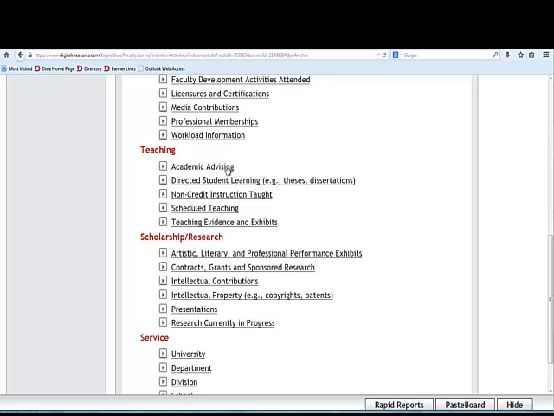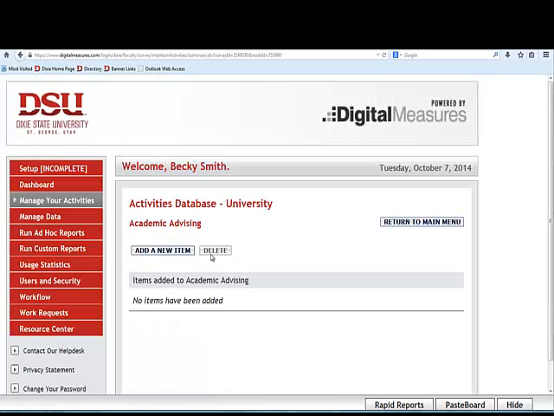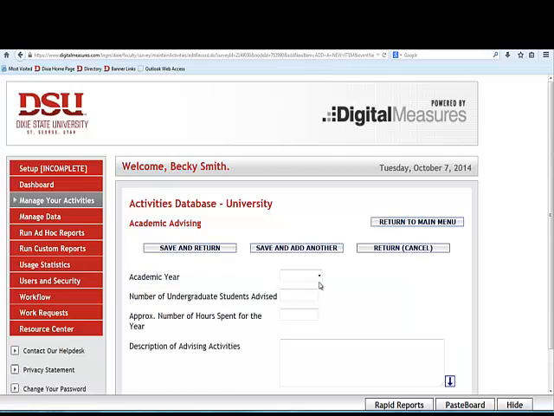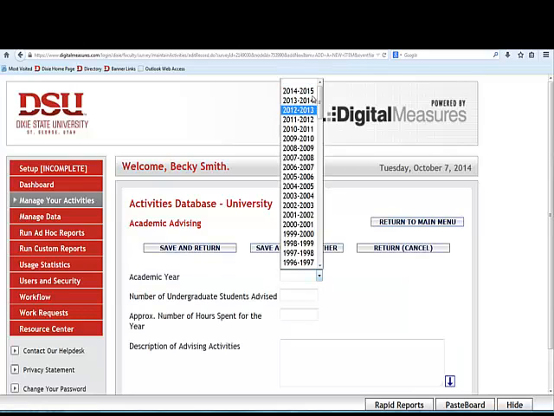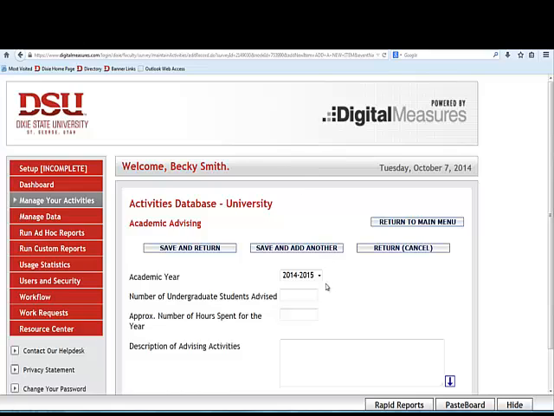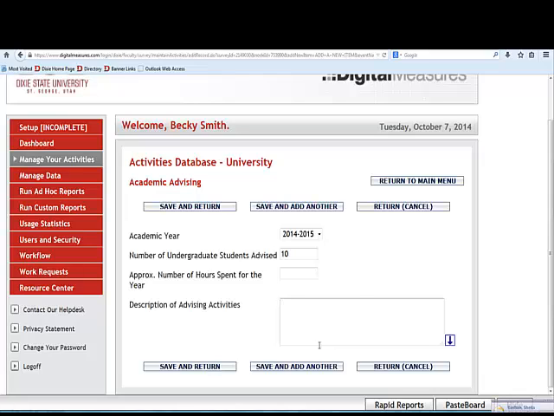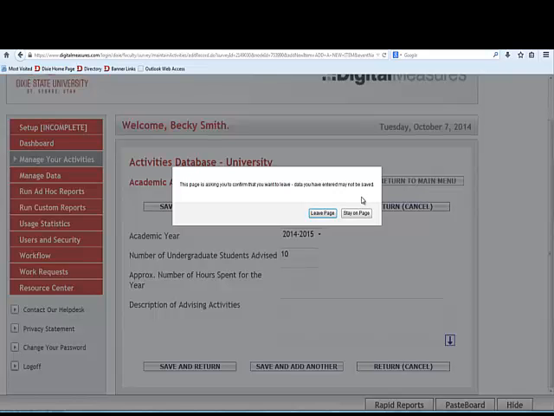Under academic advising, that probably is going to be very limited. Most of us do not have an assignment to do a certain number of students, but you could enter here that I'm over 10 particular students. How many hours per year do I spend, and what is that description of that? That could be for those of you in upper division who are working with students in that final year capacity,